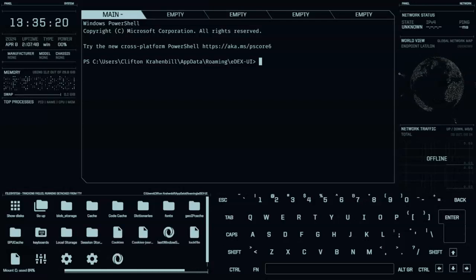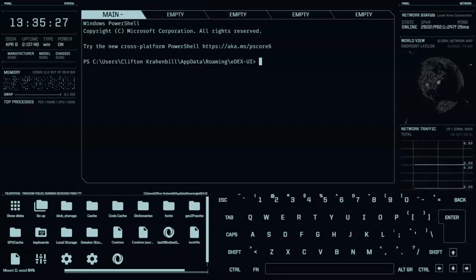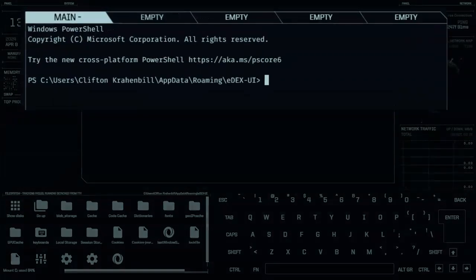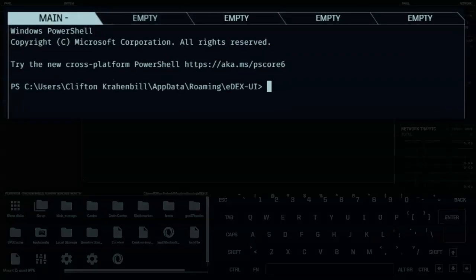So you can see all the files and directories that are on my actual Windows 10 machine. And this terminal here you can interact with. You can do anything on this terminal that you can normally do on your Windows or your Linux desktop. So for instance, if I go into the terminal and I just type in dir,